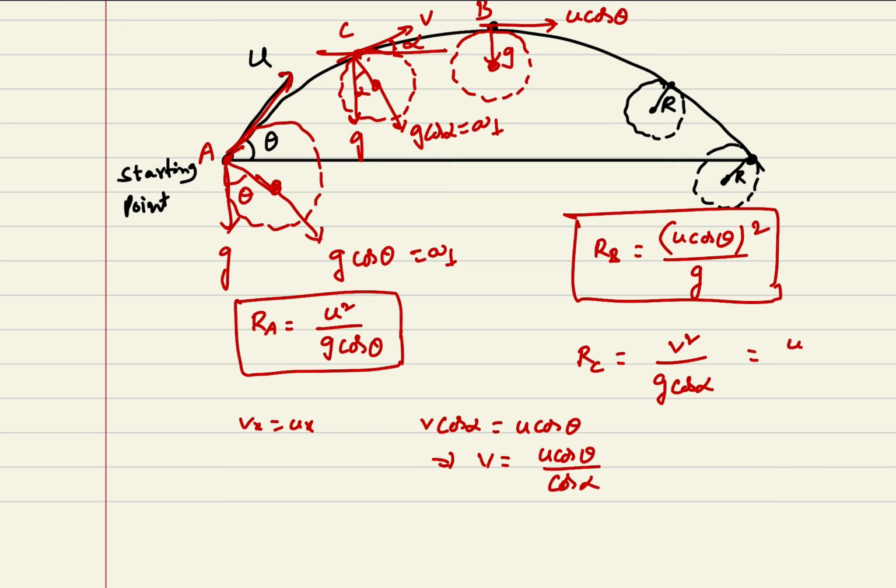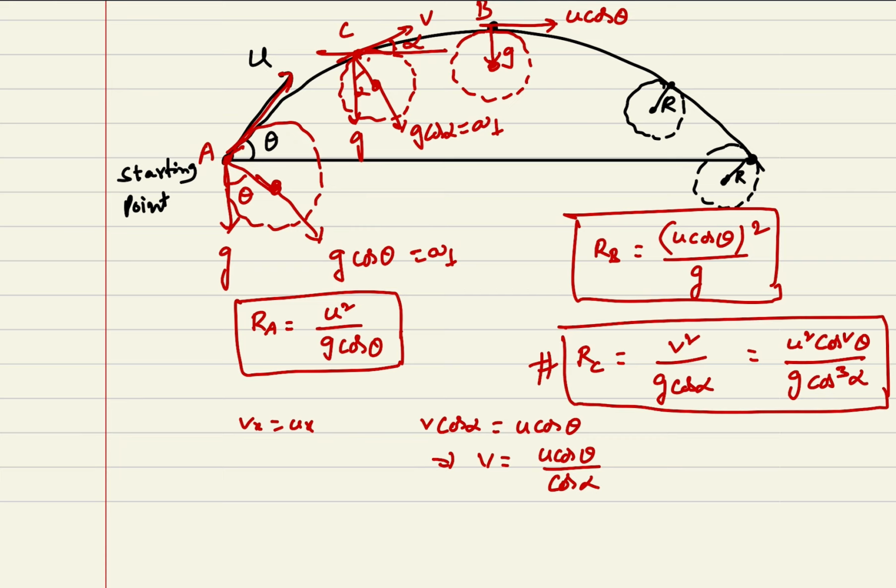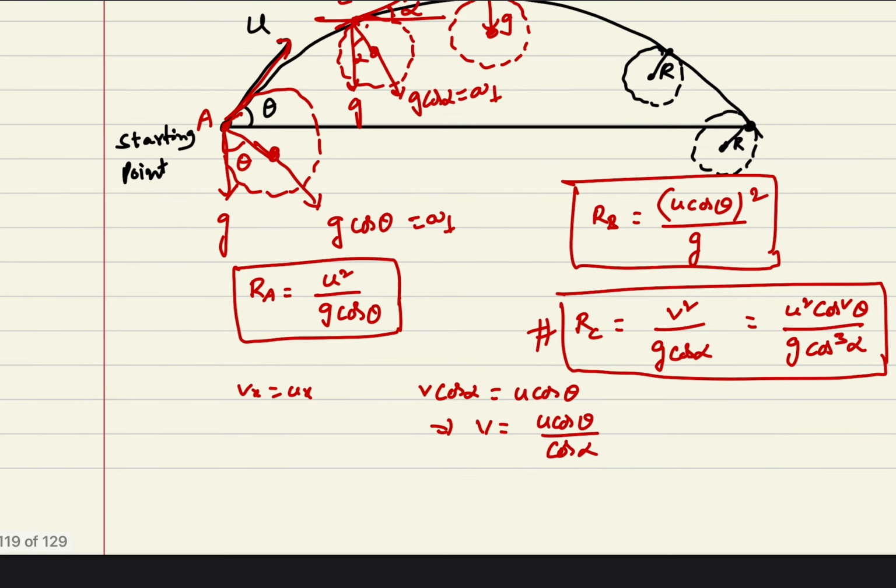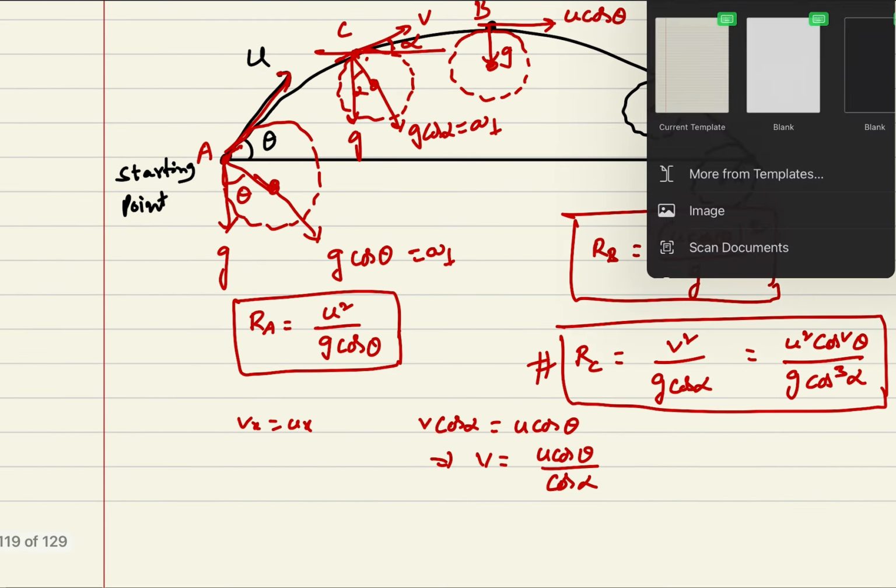You substitute there, we can get u square cos square theta whole divided by g into cos cube alpha. By using these relations also, you can calculate the radius of curvature at any point. Okay, next one, if you want to write any other thing, like if y is a function of x is given, to find radius of curvature